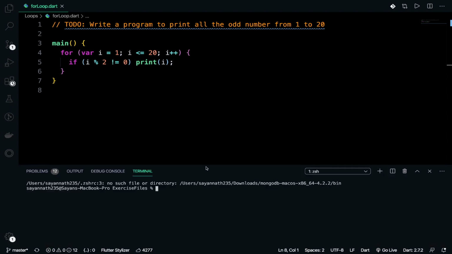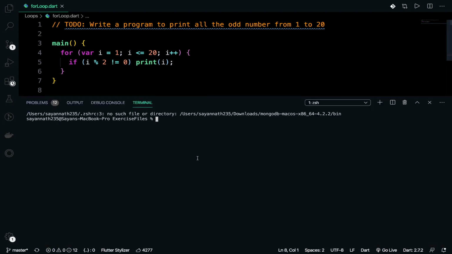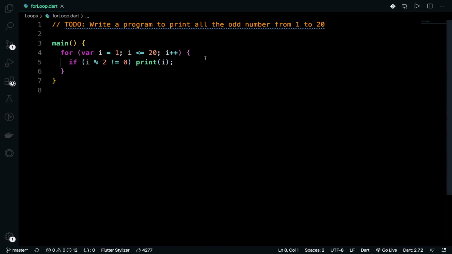Open the terminal, move on to the loops folder, cd loops, and then just write dart space the file name for loop dot dart. See, 1 3 5 7 9 11 13 15 17 19. So it's clear. Let's do this with even numbers.